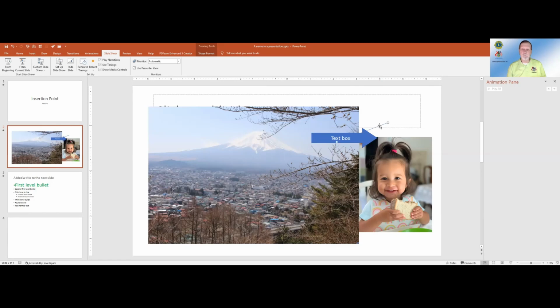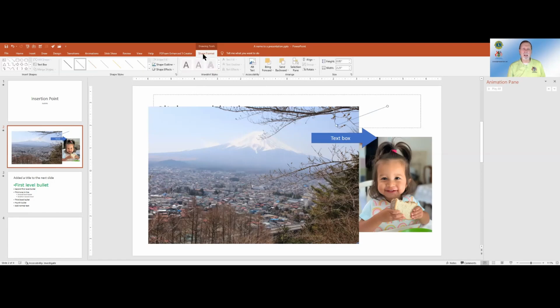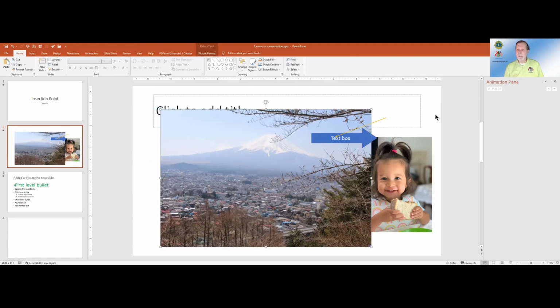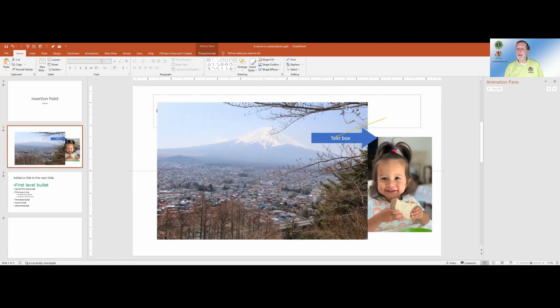This line arrow, for instance, I'm going to change the color. I'm just dissatisfied with that. I want it to be more distinctive. There we are. And if I want this line arrow to be on top of the text box, I have to bring it forward and park it out front, and now it's on top. The picture of my granddaughter was created first. That's going to be underneath everything else because it was done first. So think of them in terms of a stack.